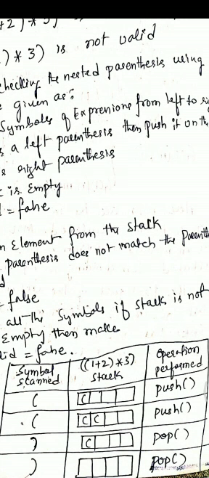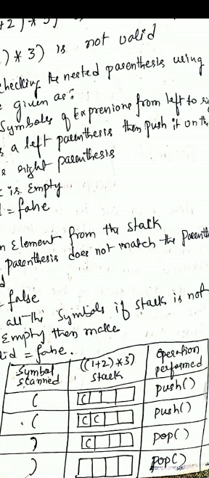Now in the second column you could see that when the first left parenthesis occurred, we have pushed it, and I have mentioned it in the third column. The operation performed is push. The second scanned symbol is also a left parenthesis, so I have performed a push operation again, as mentioned in the third column. The next scanned symbol we have found is a right parenthesis.